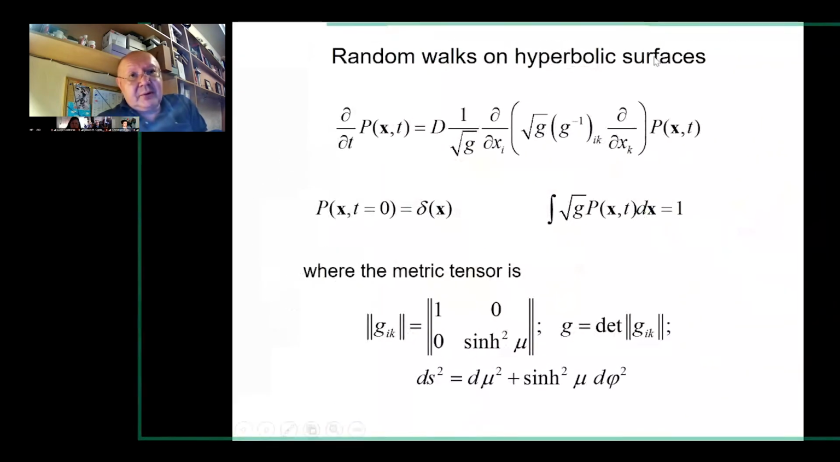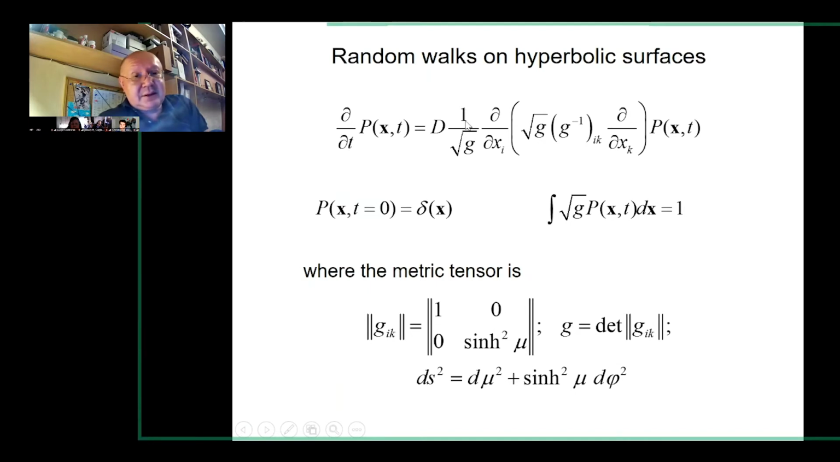Now, random walk on hyperbolic surfaces. So we have a diffusion, and this is nothing else than a diffusion equation, but written in a metric space where G is the metric tensor. This is the so-called Laplace–Beltrami equation. If G were the diagonal matrix 1, 1, then this would be nothing else than just a second derivative, and you would get the usual diffusion equation. But if the metric tensor is like that, as in our pseudosphere in this hyperbolic space, then one can